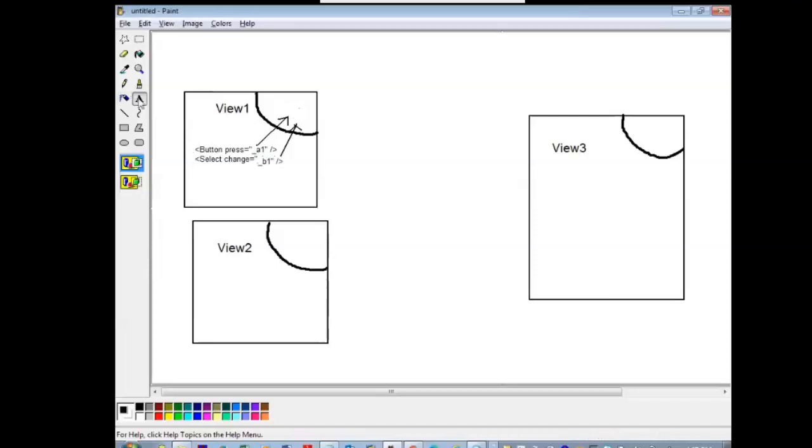Now, the same controls, I want to use in view 2. Again, I want to use that in view 3. If you want to use the same controls again and again, it is better to have a global view, so that you can store all this presentation logic in the global view.